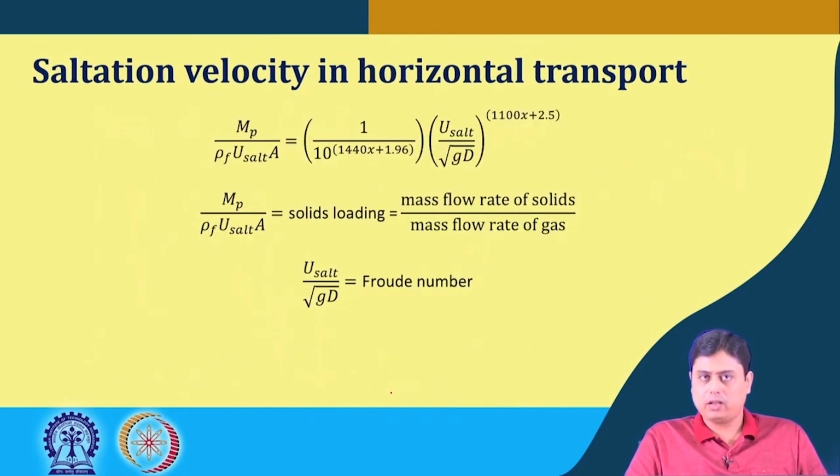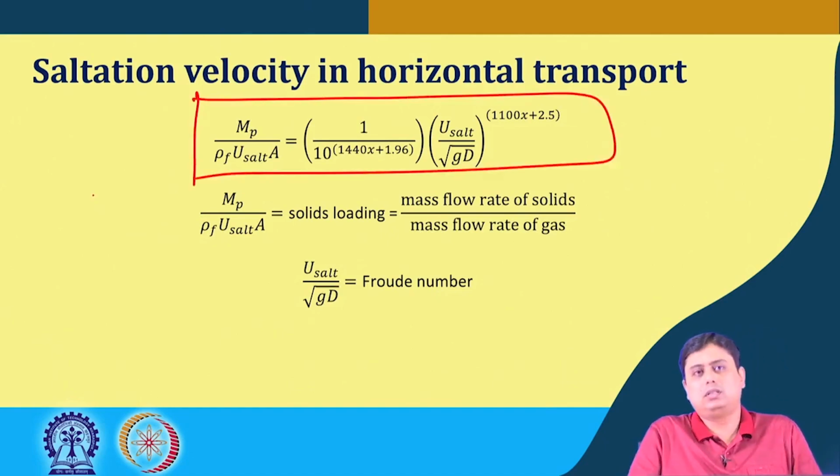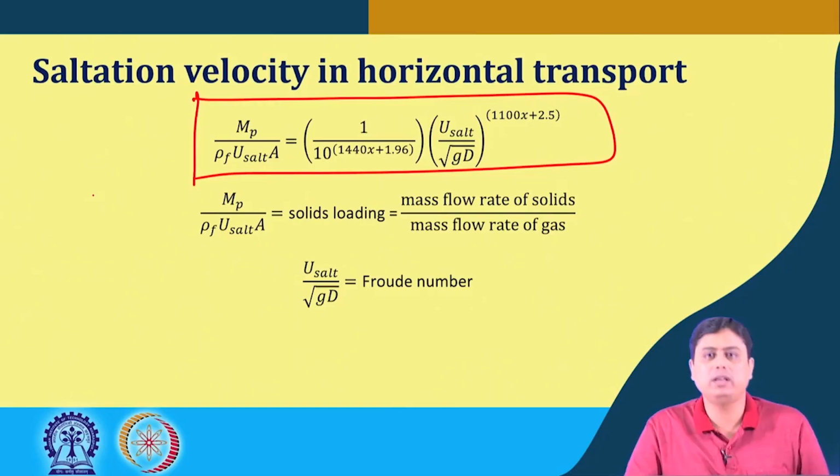Now similar to the choking velocity calculations, the saltation velocity also can be calculated from several correlations. There is no such theoretical development on this, but these empirical correlations help in calculating the saltation velocity in the horizontal transport. One such correlation is presented here, and this is possibly the simplest kind. Otherwise, in the other correlations there are several parameters and complex relations involved,